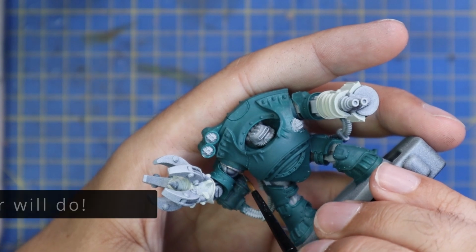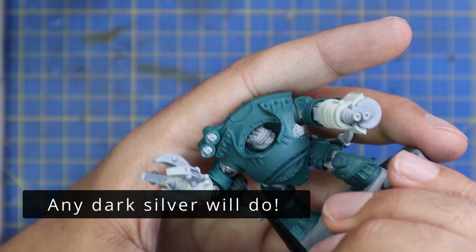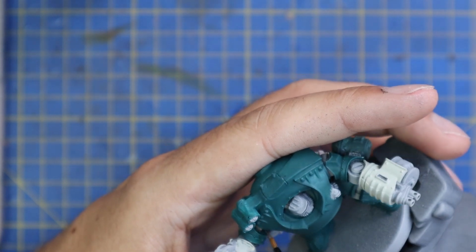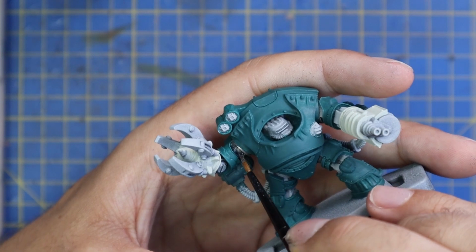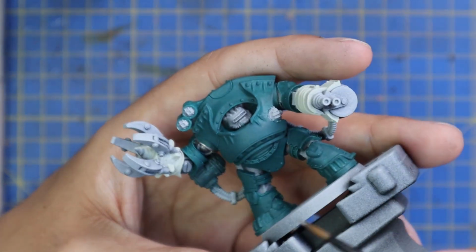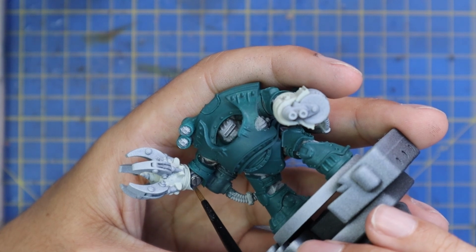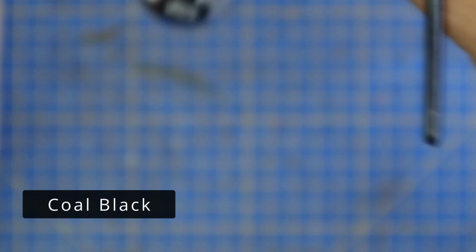Now I was limited in the colors they sent me. The 24 colors obviously had no form of shade, and no metallics. So I just grabbed the dark silver from another range and I filled in all of those parts in between the armor panels, basically the undersuit, with a metallic color. Quick and easy step. Make sure not to hit any of that green, although it doesn't really matter too much at this stage, as we will be layering up all that armor in a minute, but it makes it a bit easier. I went for the coal black,